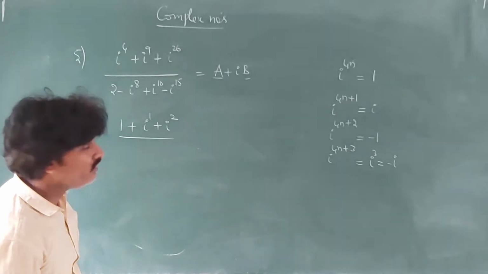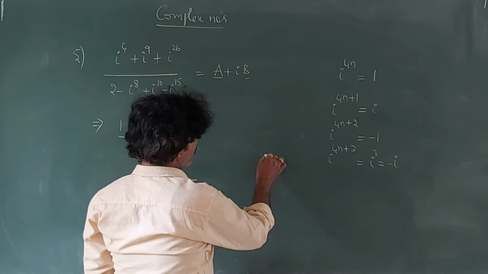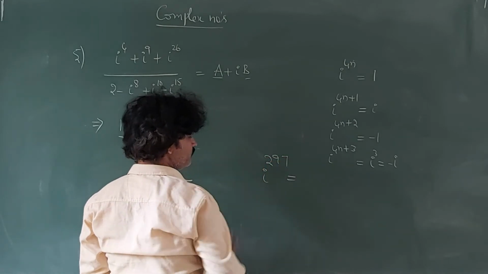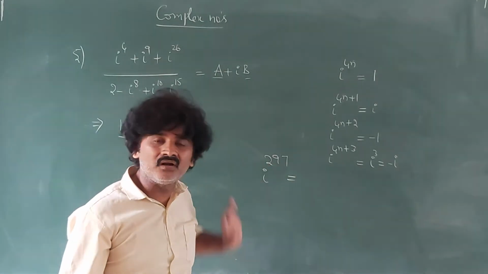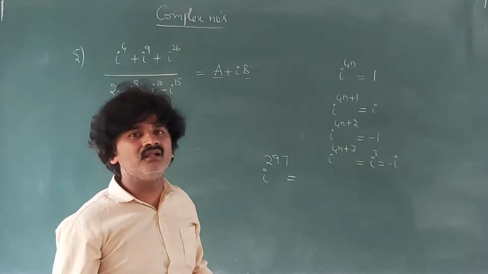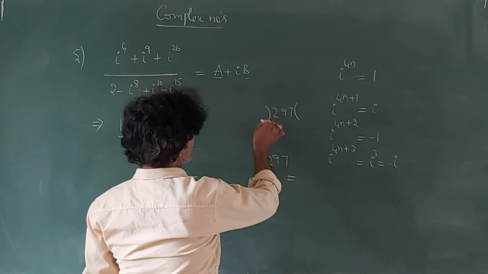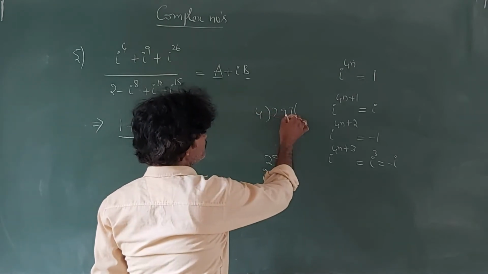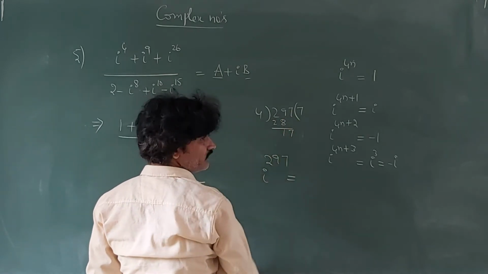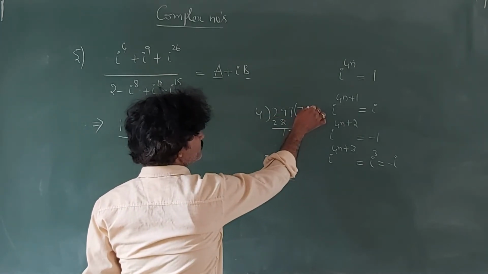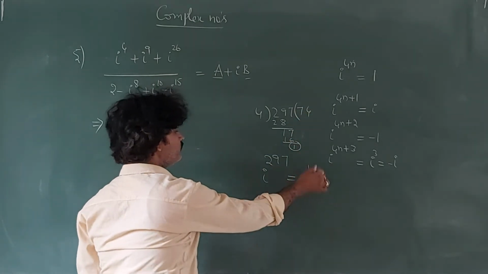What I am saying, understand, for i power any big number, for example, sometimes you need i power 297. Okay, simply divide this number with 4. Whatever remainder you are left with, only write that in your pocket. So 297 divided with 4. How many times does 4 cancel first? 7 times 28. Then 17. Again 4 cancels how many times here? 4 times 16. What is the remainder? 1. Simple, its answer is equal to i. That's it.